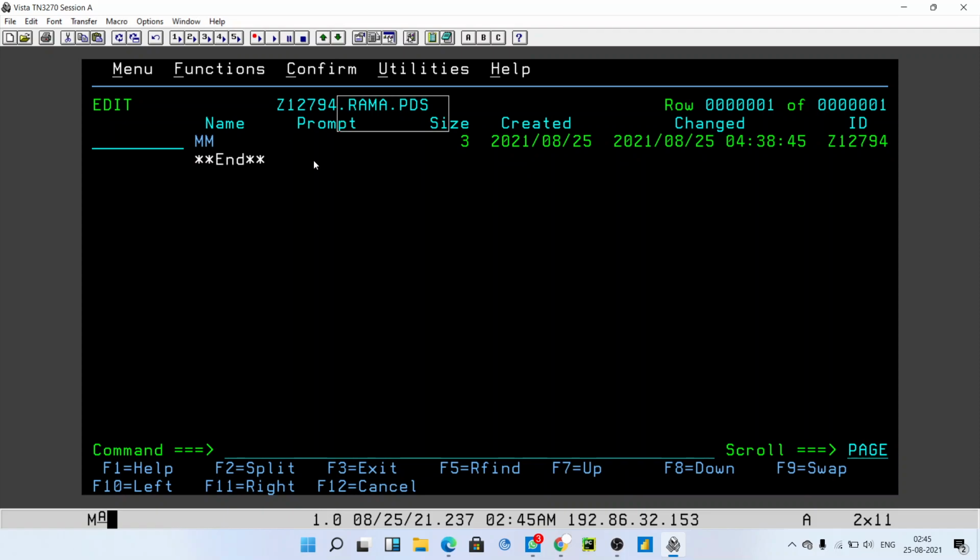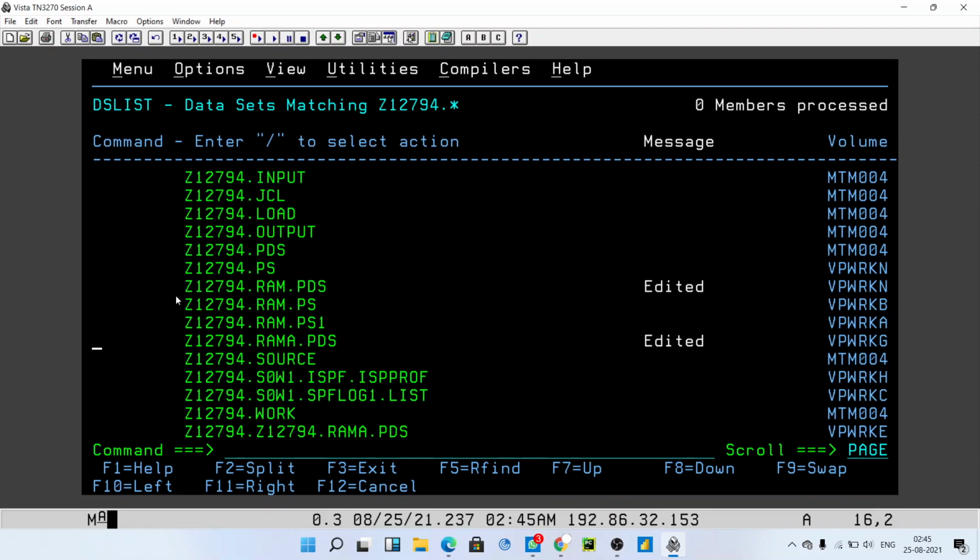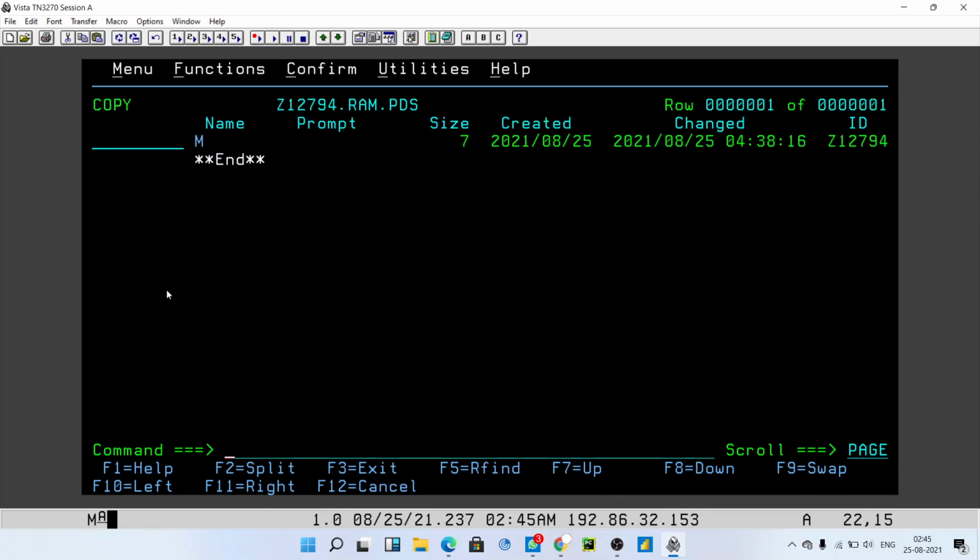For that, I just have to type co, copy. I have to copy some members of the rama.pds. So I'll type co and press enter. After that it will open that member list and ask which members you want to copy.